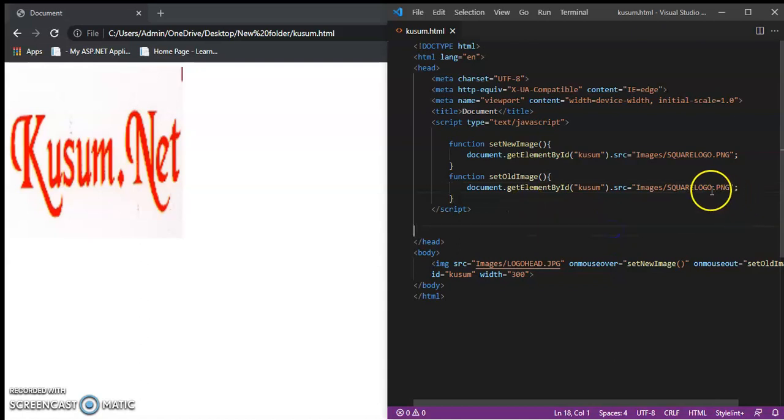Here we will write the name of that old file. Same, we will copy from here and paste it here. Control S, refresh the browser.